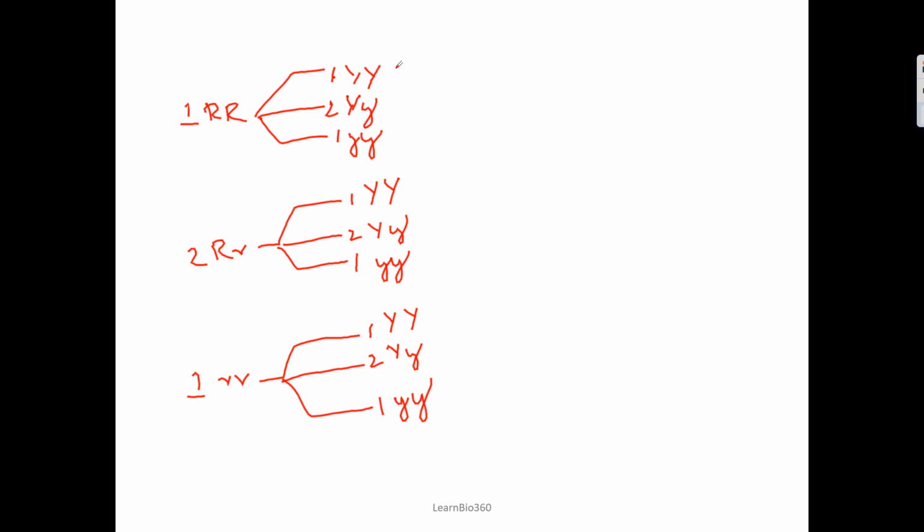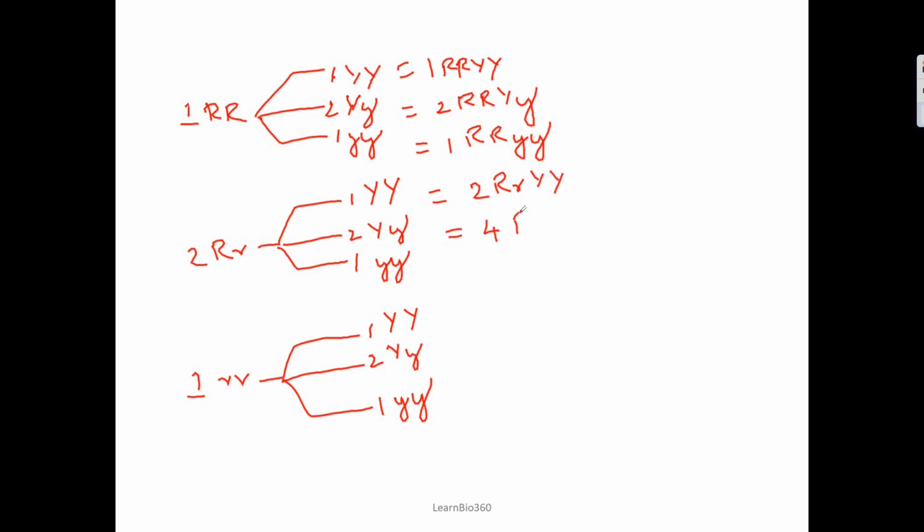So now multiply them. So 1 into 1 is 1, capital R capital R capital Y capital Y. 1 into 2, 2, capital R capital R capital Y small y. 1 into 1, 1, capital R capital R small y small y. 2 into 1, 2, capital R small r capital Y capital Y. 2 into 2, 4, capital R small r capital Y small y. 2 into 1, 2, capital R small r